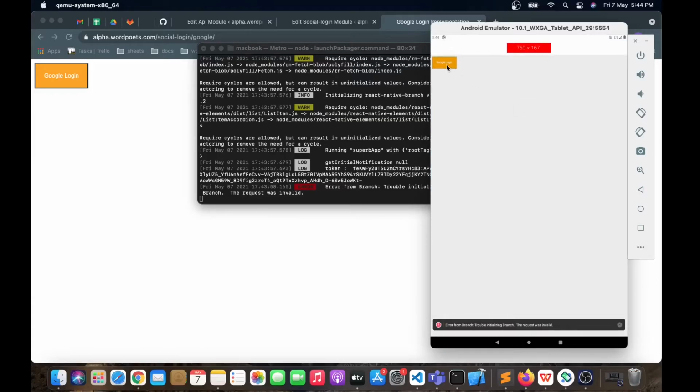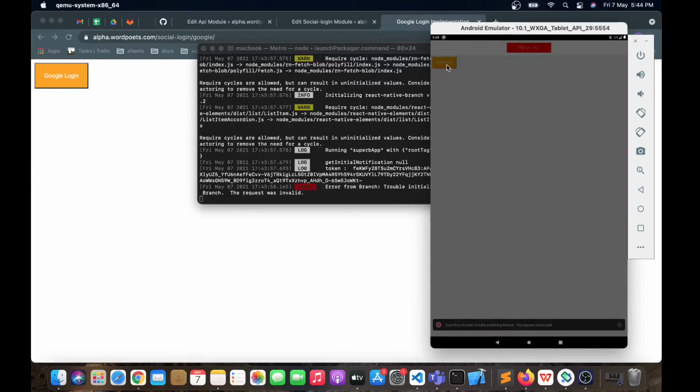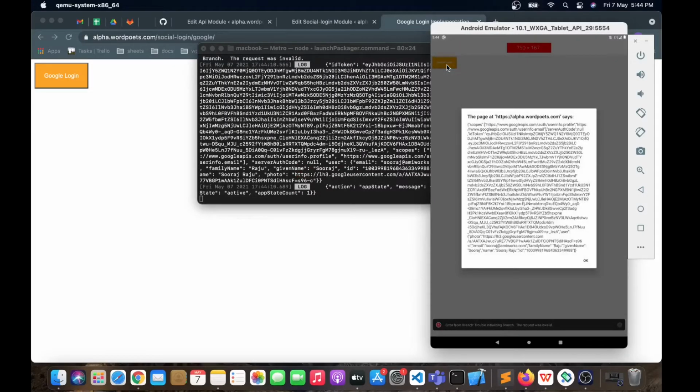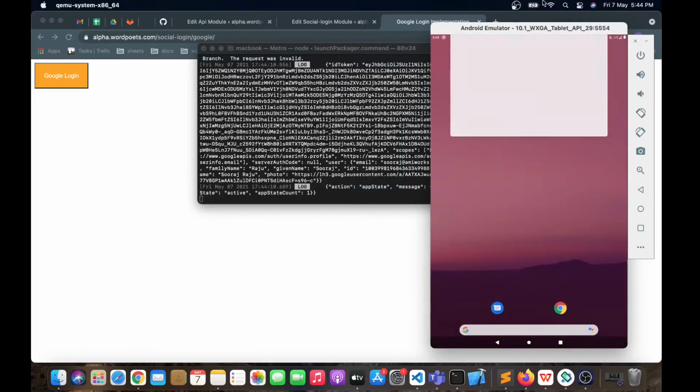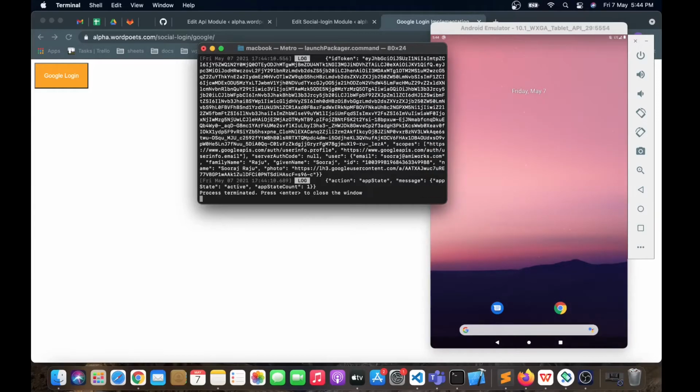So let's click here. What happened? It authenticated, because my app has already been authenticated with one of my Gmail accounts, so it directly shows us the authenticated data back. Let me do one thing. Let me kill this app and recompile it again.